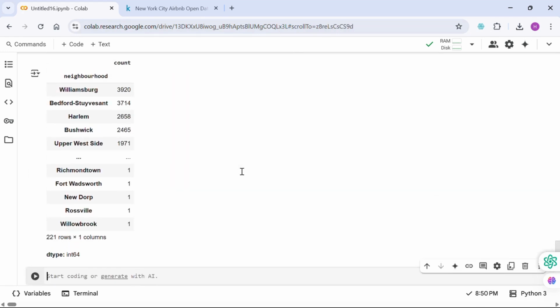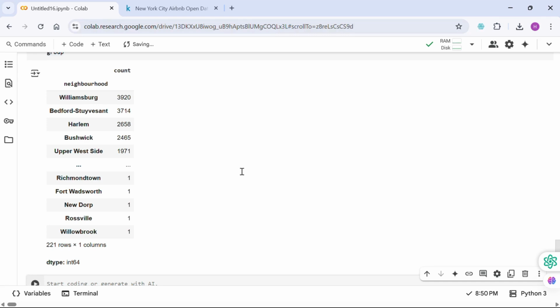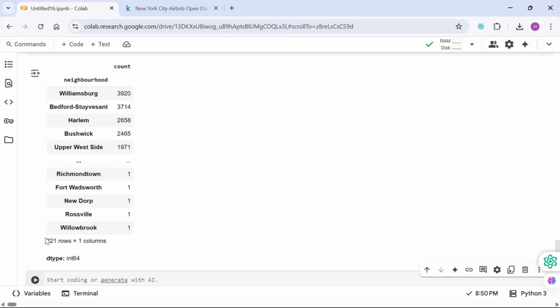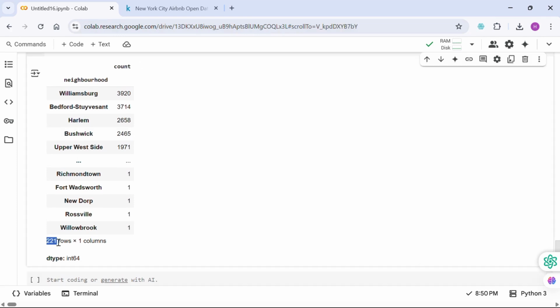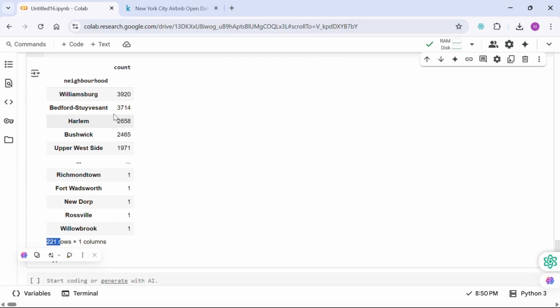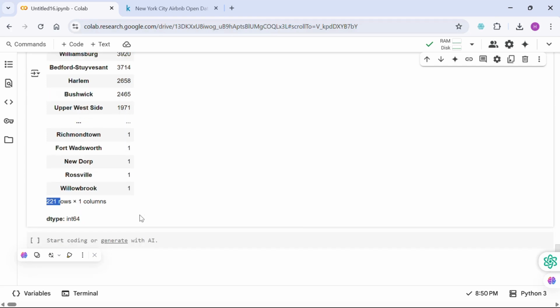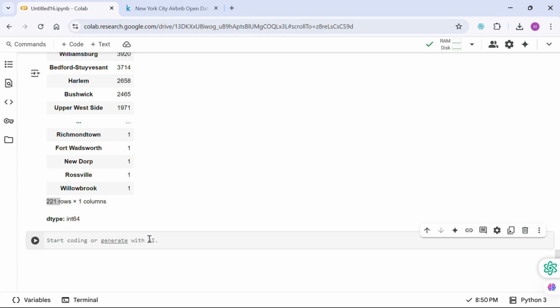Okay guys, there we go. So just from looking at this table, I can see that there are a total of 221 neighborhoods in the neighborhood column. So what we understand from this is that the neighborhood column is a smaller area than the neighborhood group. Okay, so let's just see the top 20 neighborhoods with the most Airbnb listings, and for that